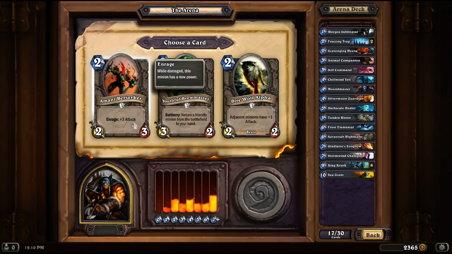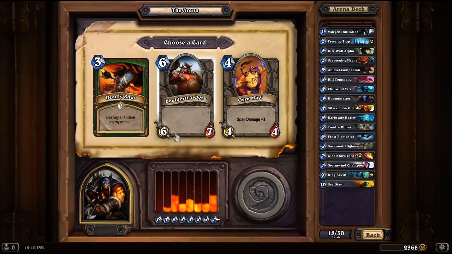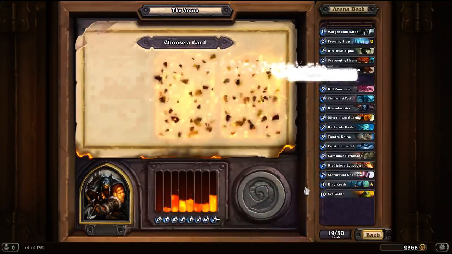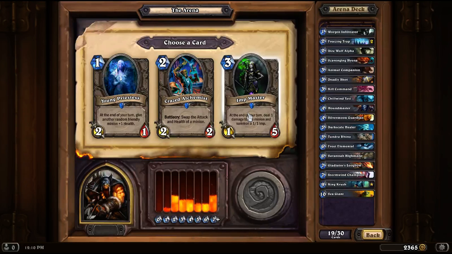As I've said before, it's the best 2-drop in the game, but it is nice to have another beast here, so we'll grab the Direwolf. Deadly Shot is important to have. Boulder Fist Ogre I'm tempted by, but I have a lot of expensive cards, so we're going to grab this removal. The Imp Master actually is great with Stormwind Champion, and if I pick up a Hunter's Mark later,